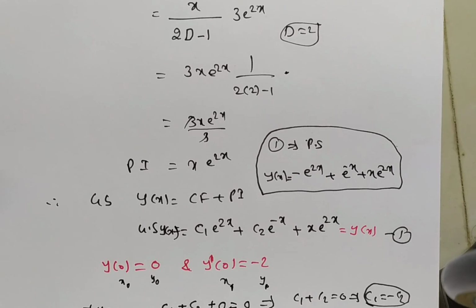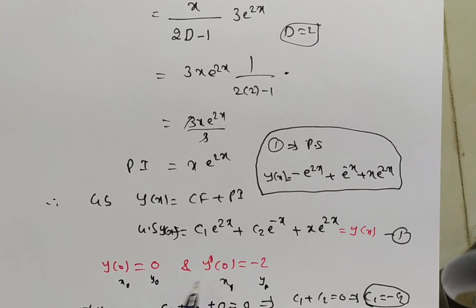or else you can say the particular solution of the given differential equation. Is it clear for everyone? Friends, in this one, for the given problem we found the general solution, like the complementary function and particular integral. In the general solution we will have two arbitrary constants for a second order differential equation. Now they give the initial conditions like y of x naught is equal to y naught, or y dash of x naught is equal to y naught type. In this case we have to eliminate the arbitrary constants using these particular values. Then we will get the solution. That resulting solution is called a particular solution.